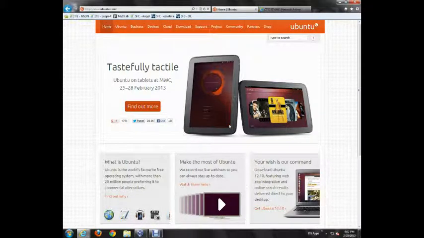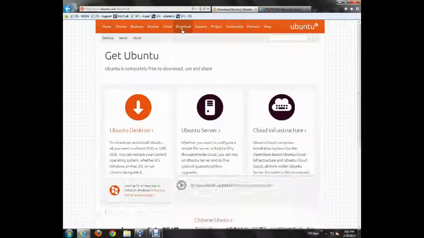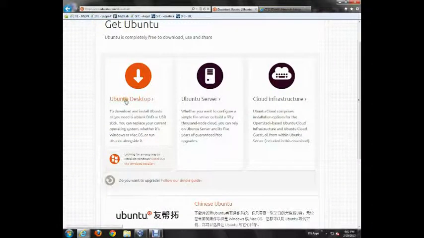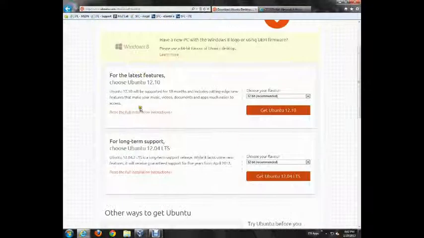In order to start using Ubuntu, in order to download it, all you have to do is go to their homepage, ubuntu.com, and at the top of the page go to their Downloads tab. Here you can find the downloads for their desktop, server, and cloud structures, but for today we're going with the desktop. So click on desktop there, and you can pick from your different versions, both 32 and